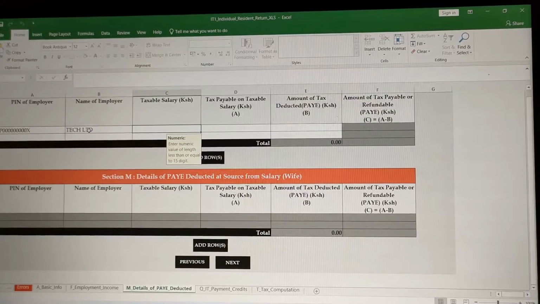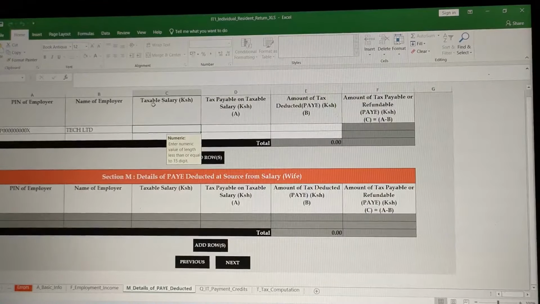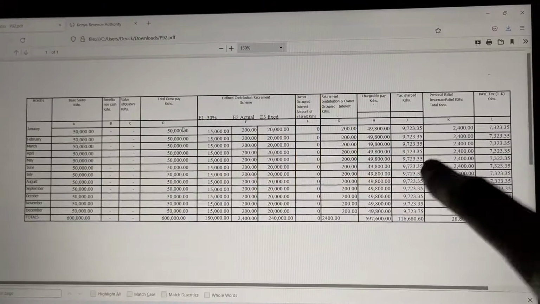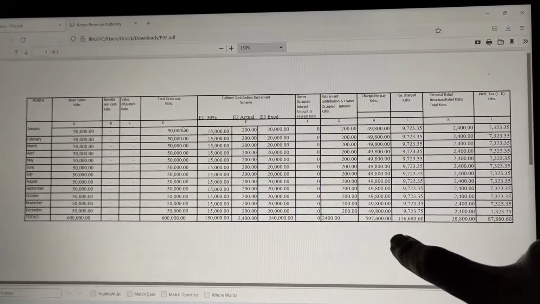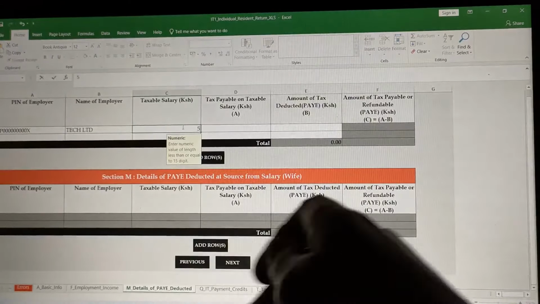On the taxable salary, you go to our P9. Our P9, we have something called the chargeable pay. This is how it will be on your P9 form, and that is what is referred to as the taxable salary in this KRA Excel sheet. So the taxable pay, that is the chargeable pay, you can see the total is 597,600. So please key in that one,